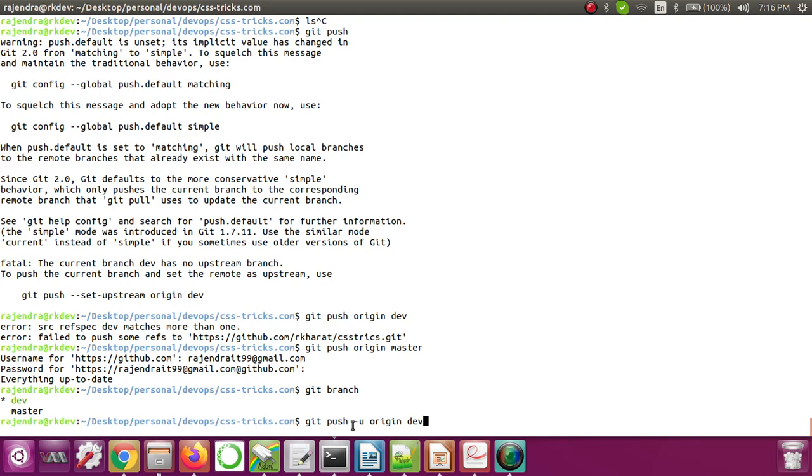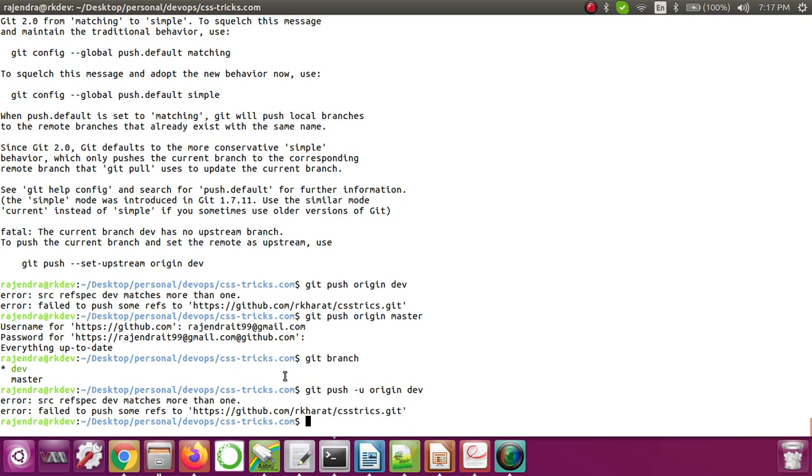So how can we do that? Git push -u, because this is the first time we are pushing, origin dev. It is saying the source refspec dev matches more than one, failed to push some refs. We gave some tags, so that's why it is creating a conflict. So let me give a different name.